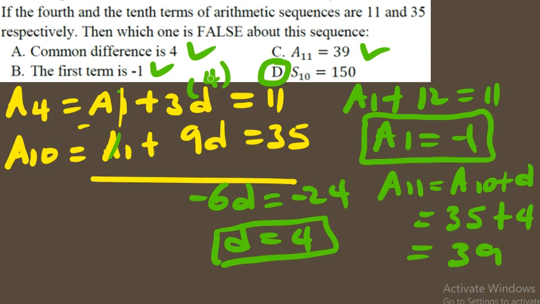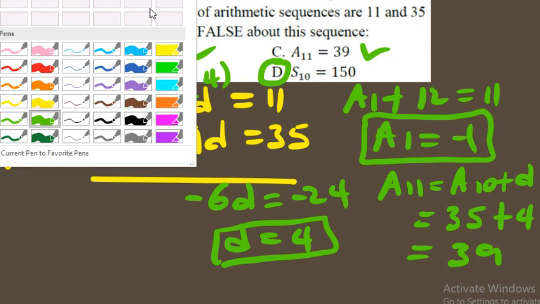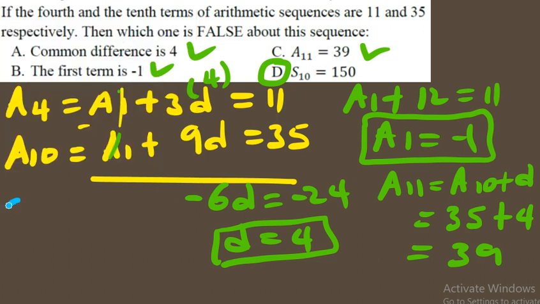The last one must obviously be the answer. Which one is false? All of them are correct. How can you check it? Sum of 10 means, remember the formula, n over 2 into A1 plus A10. First get A10. You have A10 and you have A1 also. You can check it by another color so we don't get confused. Okay, sum of 10 means, according to the formula, 10 over 2 into A1 plus A10,